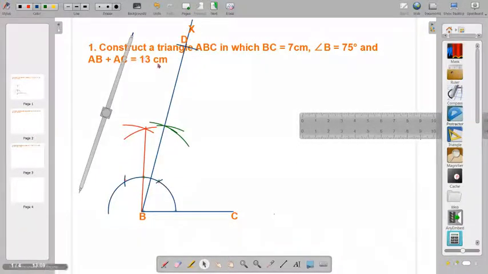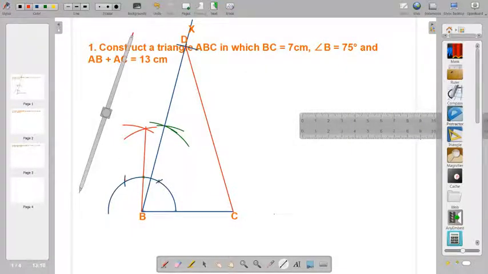Now, since AB plus AC is 13 centimeters as given, we have taken BD as 13. Why have we taken BD as 13? Actually, what is D? That you will learn in the justification. Okay. Now, what you need to do is join this D and C. With a different color we will join. Let me join with a green color. Or with a red color. Why are we joining C and D? Actually, where is A? That you will now understand. We join C and D.